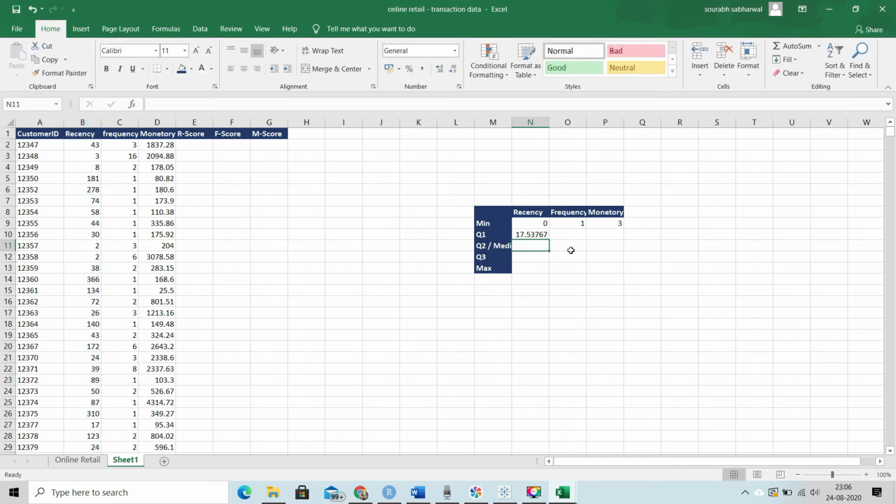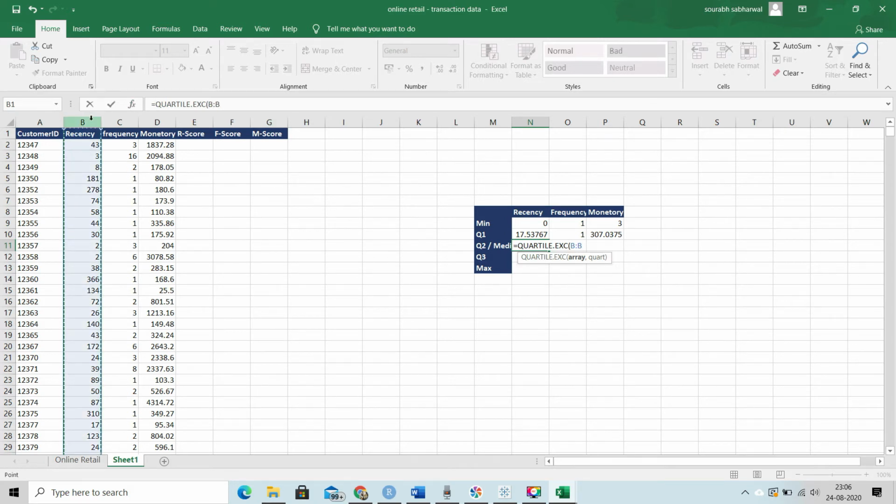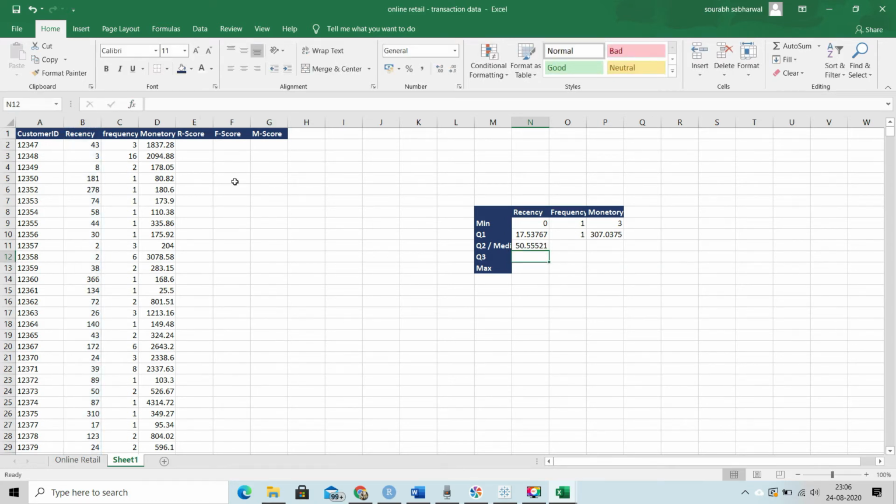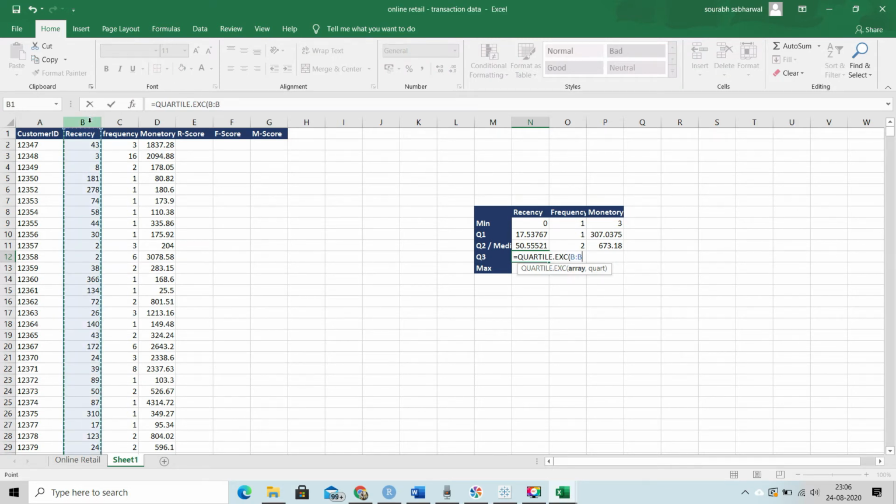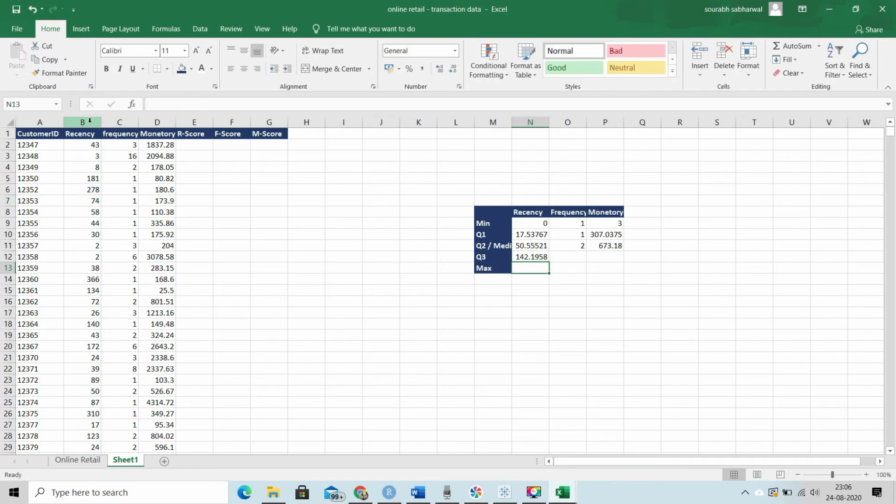Again drag this for the rest of the two variables. Oh, sorry. Find the second quartile value. That's the median value. Median means 50% of data is below this and 50% is above this. Quartile 3: 75% of data lies below this and 25% of data is above this value. And finally, maximum.